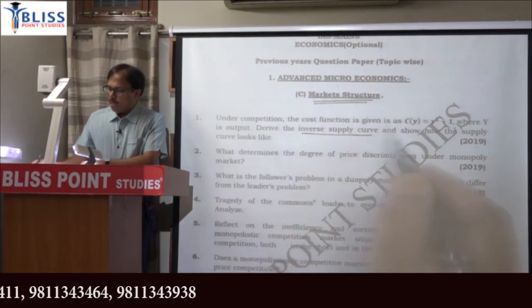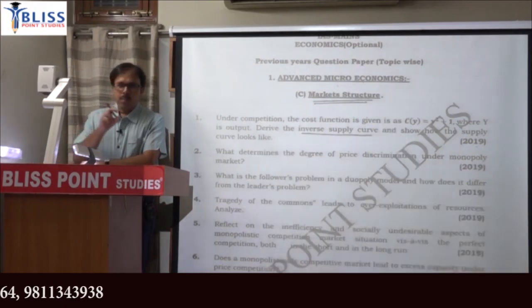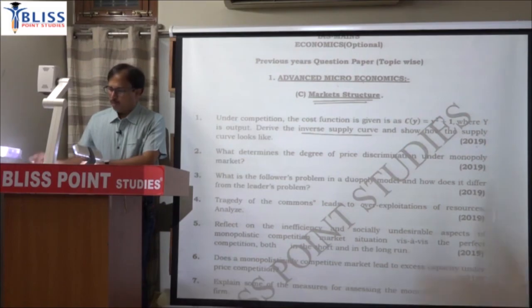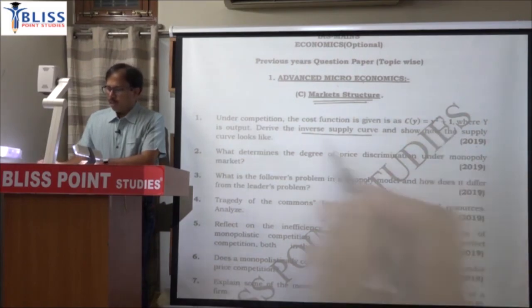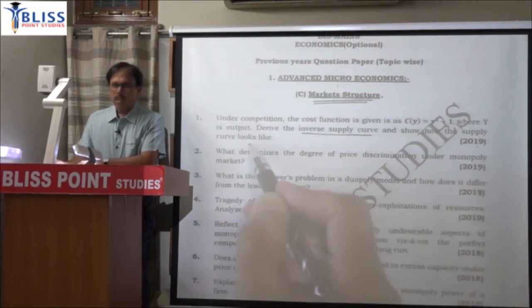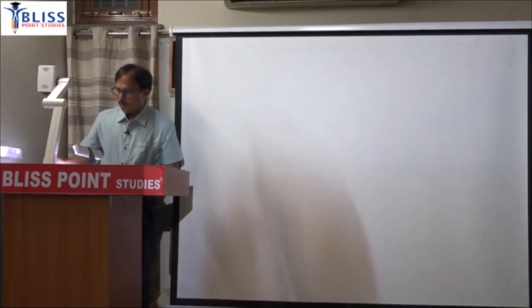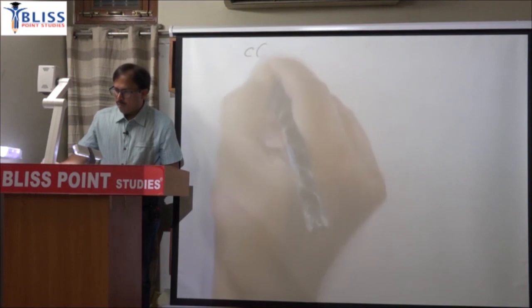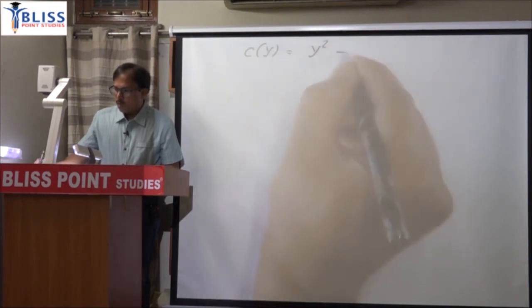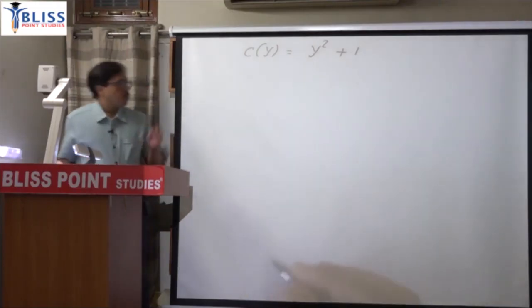Even in this type of question, the content that was written earlier, that is, why the marginal cost curve is the supply curve, you are expected to write that part. So just copy this cost function, write the inverse supply curve and plot that inverse supply curve. So the cost function is y square plus 1. So cost as a function of output is written as y square plus 1. So from that total cost,